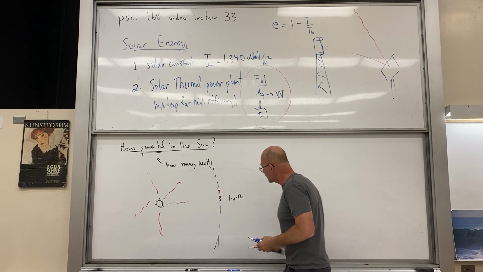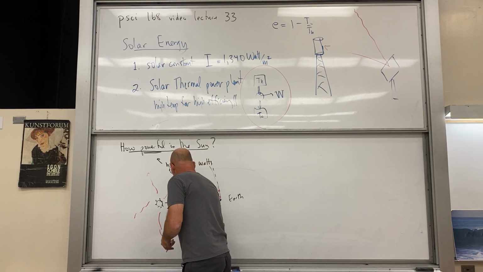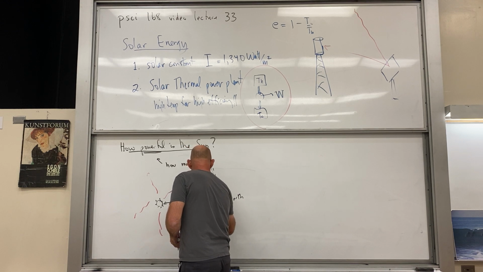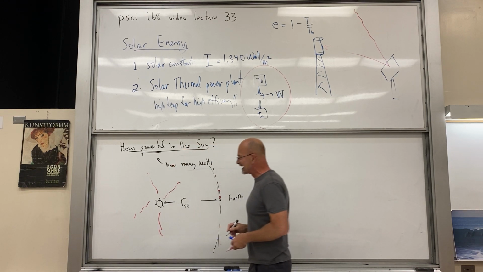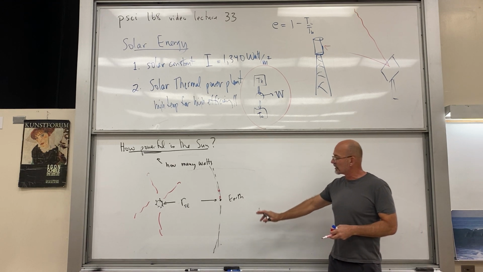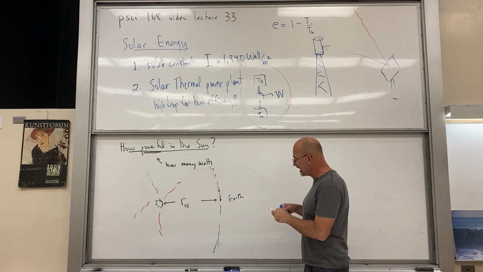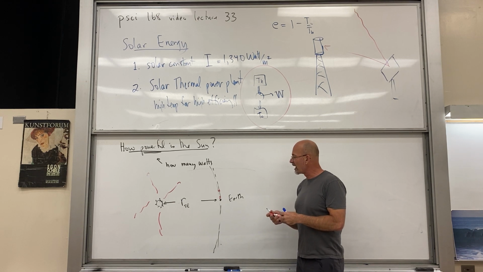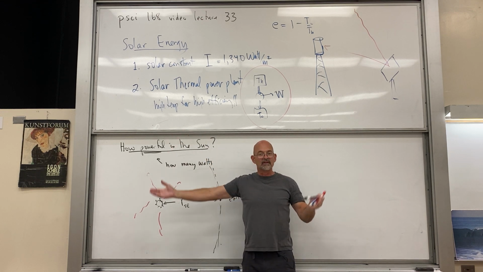Now I'm going to label this. We're going to call this distance from the sun to the Earth R sub SE. That's the distance from the sun to the Earth in meters. So how many square meters